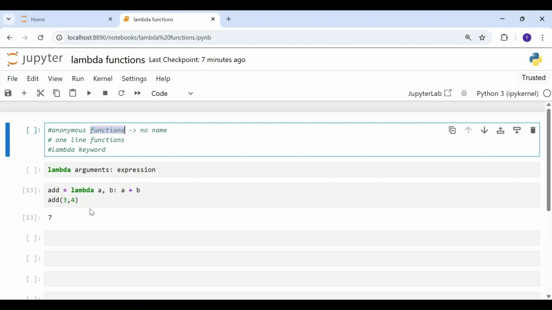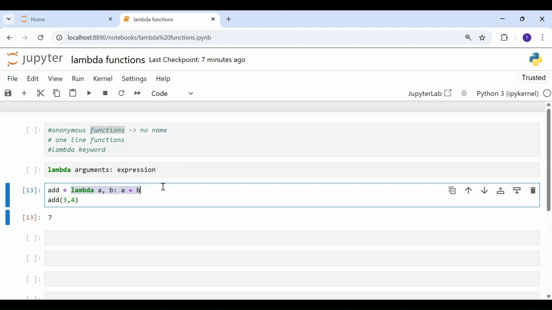Yes, you are right. I'm assigning the lambda function here to a variable called add, which effectively means that I'm giving it a name. So the thing to note here is that while lambda functions themselves are anonymous, they can still be stored in a variable, making them behave like named functions. So we can use the variable name, pass the two values, and call the lambda function. But the lambda a comma b colon a plus b here is still an anonymous function. But we have assigned it to a variable add.